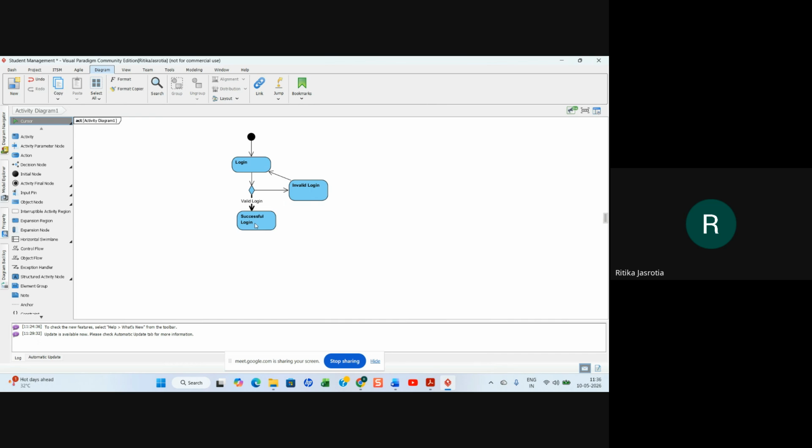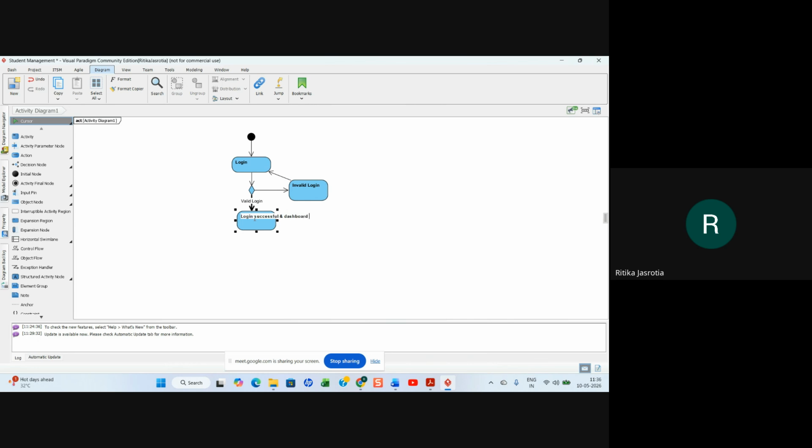Successful login, and we can also add here successful login and dashboard displayed, or whatever you can say.